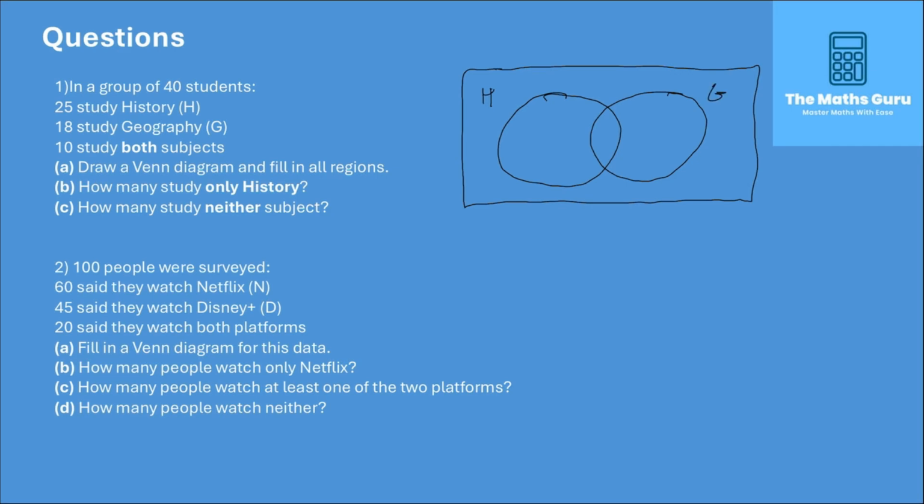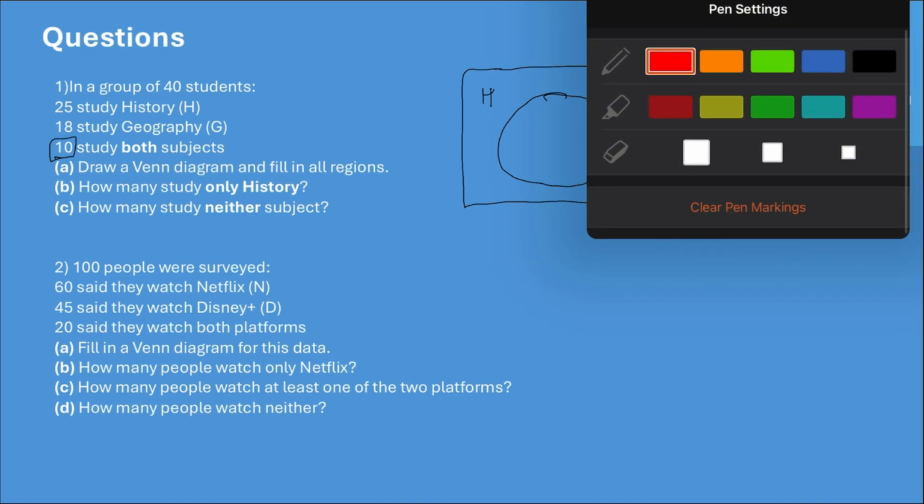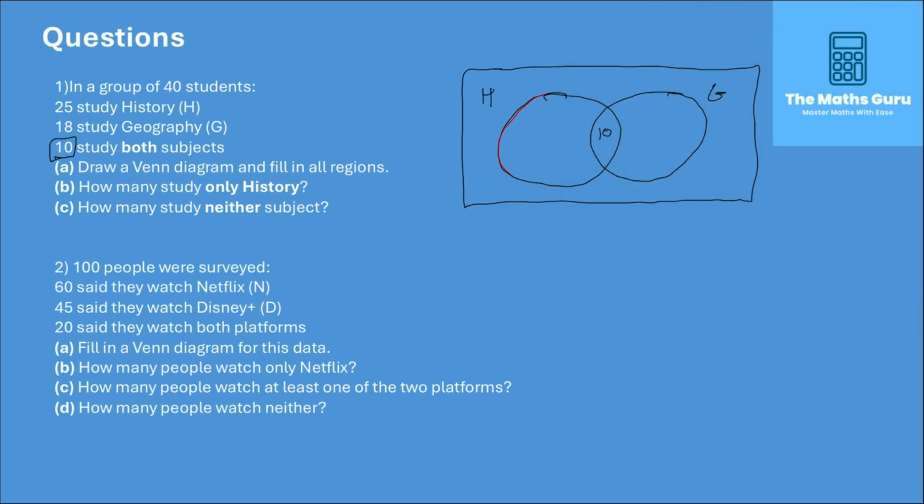In a question like this, we always start with the intersection, okay? We always start with the intersection. So it tells us that 10 students study both subjects. So we slap our 10 in right there. Okay, now 25 study history, 18 study geography. What does this mean? This means that in this circle, within this circle here,